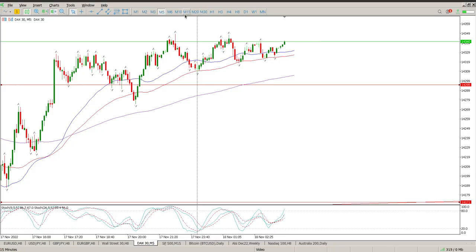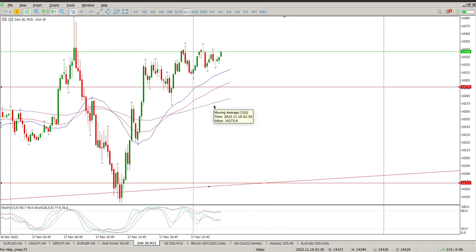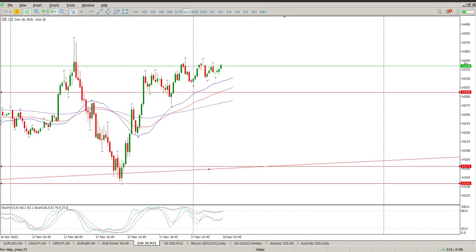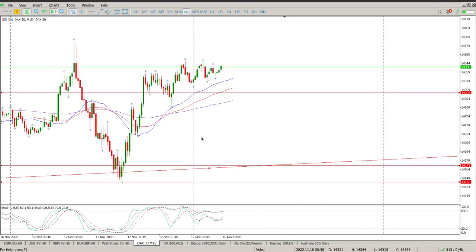If you don't have the time, zoom out to your 15 minutes at least, put your alerts on, and watch this area here at 14,295, 14,300. When those alerts start going off at prices in that area, just open the chart and have a look. And if it starts breaking that area, you're in with a short. Stop at the top of whatever high is formed today, and you're aiming for the bottom of the channel at least,